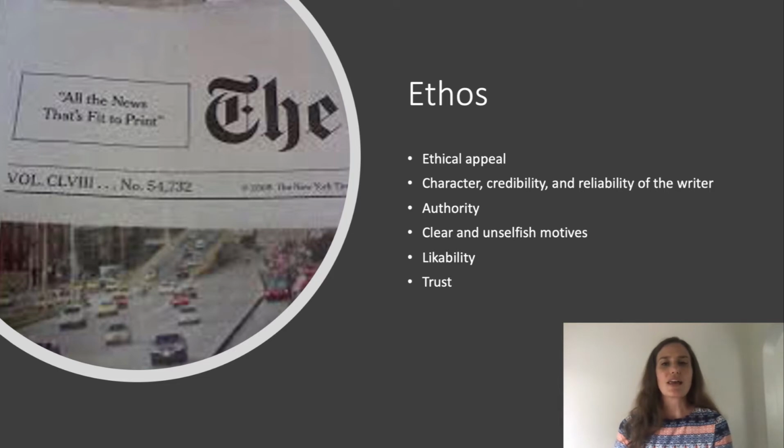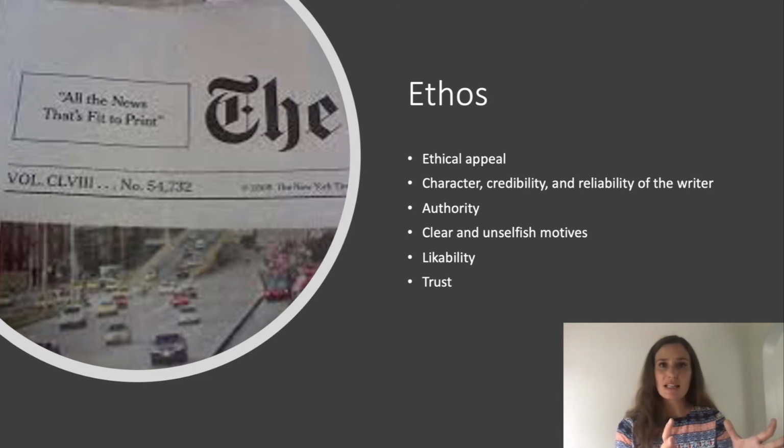Let's talk now about ethos. The ethical appeal has to do with the writer's credibility. Why should we believe this writer? Why is the writer an authority? And depending upon the type of essay you're writing, or depending upon the type of text that you're analyzing, the author might show credibility by referencing credentials or referencing why the writer is an expert in that particular field. It might even be something like the format of the text, using the correct format, like APA or MLA format, knowing how to cite sources correctly,